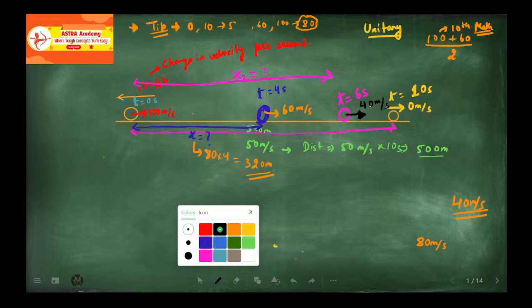And the average of 100 and 40, at this point the velocity was 100 and at this point the velocity was 40. The average of 140 will be how much? 70 meter per second, and the time is 6 seconds. So the distance will be